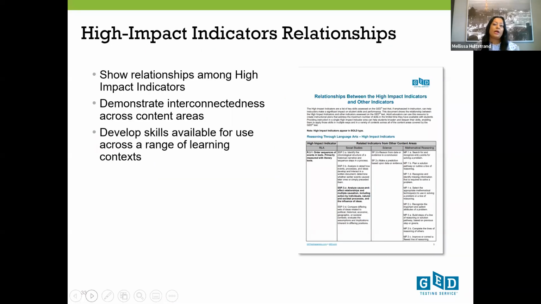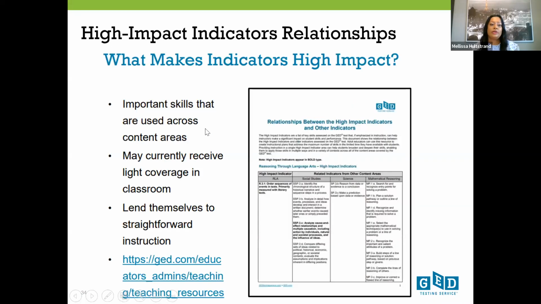And then I wanted to point out that the information on high impact indicator relationships is available in the Educator Portal as well. These demonstrate the interconnectedness across the content areas, developing skills available for use across a range of learning contexts. You can click on this link here to get to it, and it just covers the important skills that are used